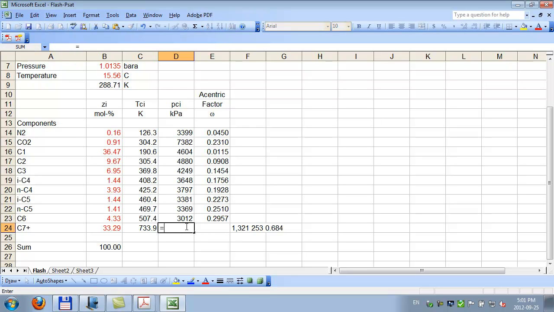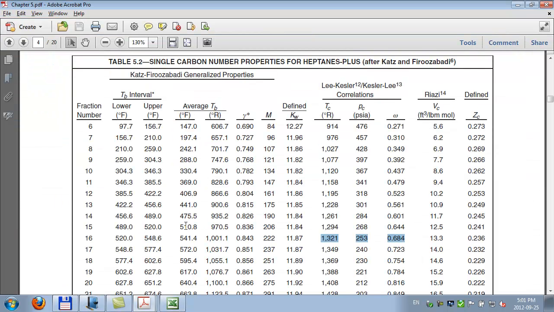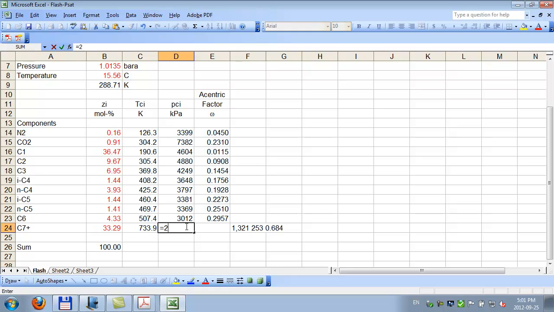The next one is 253 psi, and now it's 0.1450377. Why, I don't know. You divide by that to get kilopascals. So 0.1450377, and that should be there. And the eccentric factor should be okay,